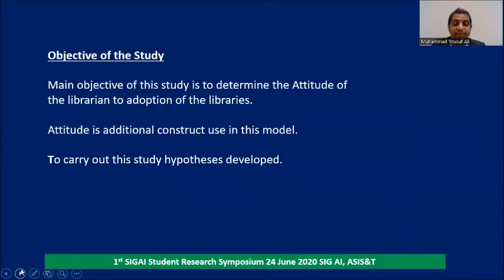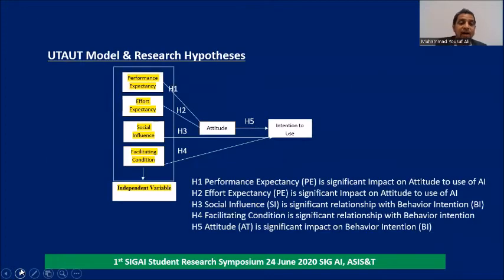The objective of the study. The main objective of this study is to determine the attitude of librarians toward adoption of AI in libraries, and attitude is the additional construct used in this model. To carry out this research, hypotheses were developed, and this is the modified model, in which we have used the additional construct attitude, and five hypotheses were